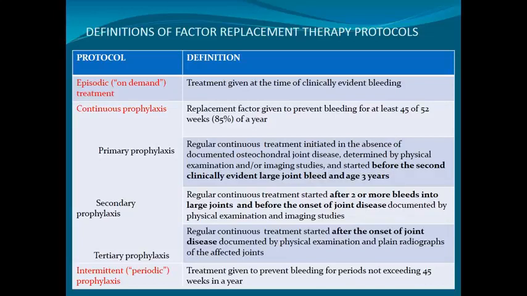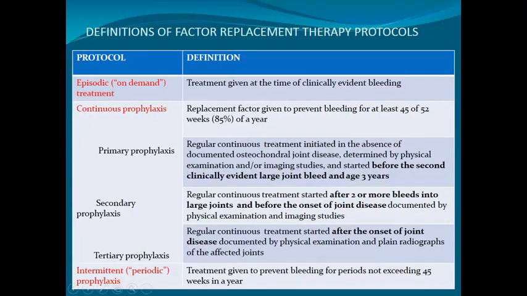Means regular continuous treatment initiated in the absence of documented osteochondral joint disease determined by physical examination or imaging studies, and started before a second clinically evident large joint bleed and age of 3 years. Means once the patient is diagnosed, and it has developed bleeding only once or before the development of osteochondral joint disease, you are going to start the prophylaxis. And for how long will that prophylaxis be given? Regular replacement of the factor given to prevent the bleeding for at least 45 of the